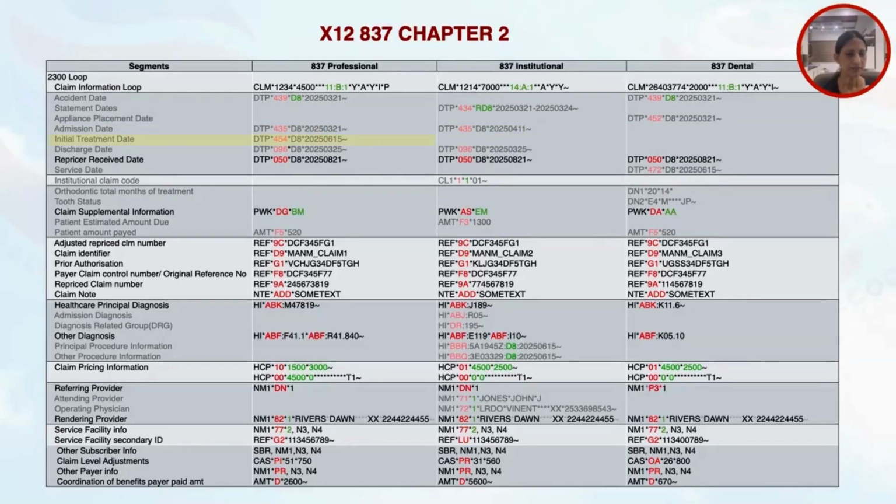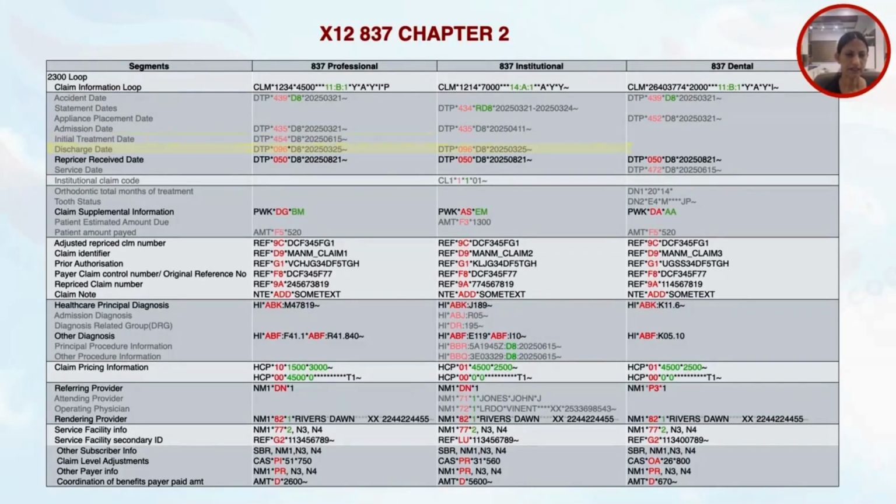Then the initial treatment date, it's required in professional claims because the earlier treatment date should be known for a follow-up visit, right? So whenever we are going for a follow-up visit, the earlier treatment date should be known. For example, if it's physiotherapy, the claim will require the date of the initial treatment that was done, like if any surgery was done, etc. Or for therapy sessions, also the initial date or the last treatment date is required to be referred to.